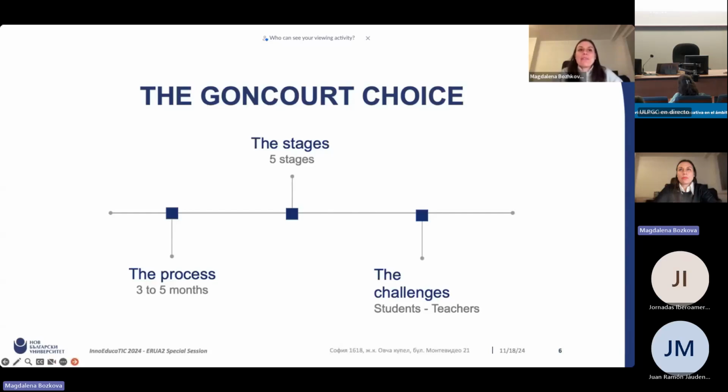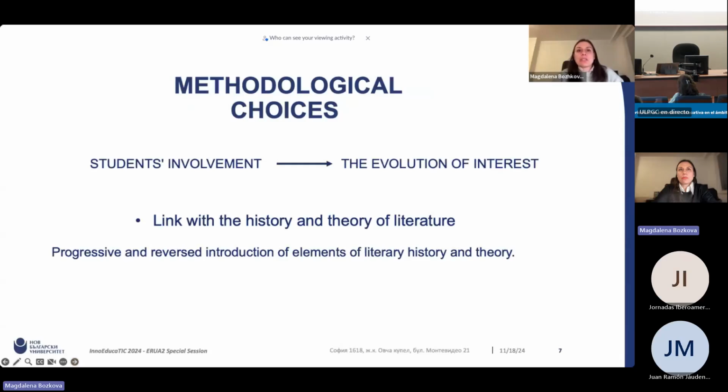So, several words about the methodological choices. I'm going to tell you about the students' involvement and how it is related to the evolution of interest. It's clear that there are a lot of benefits for the students, and even though my focus is slightly different and I'm interested in how to engage the participants in the desire to go deeper into literary studies, I should